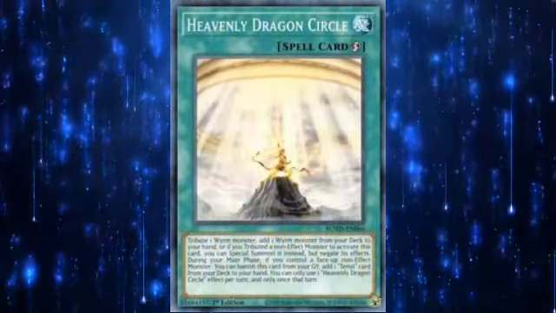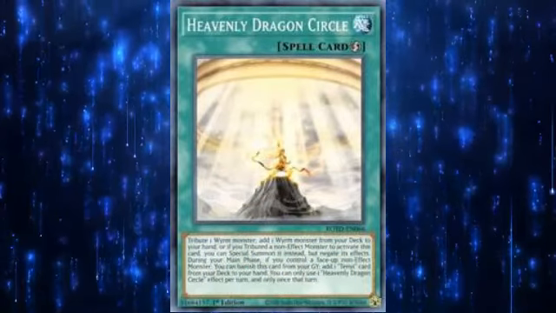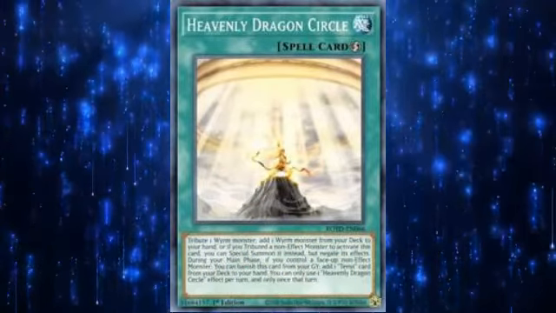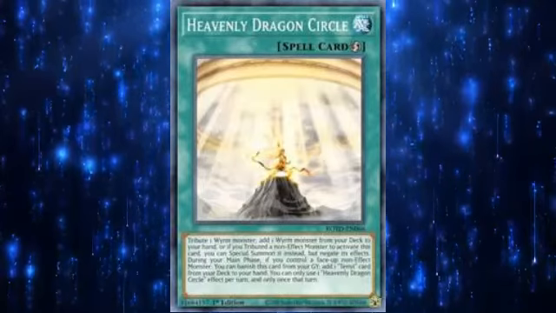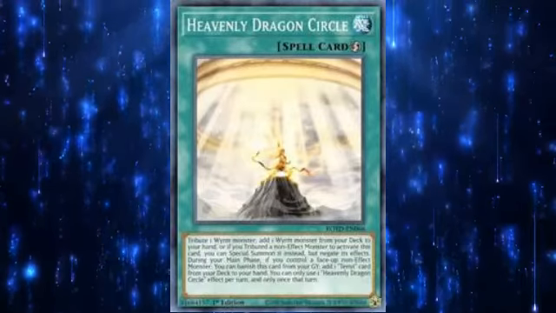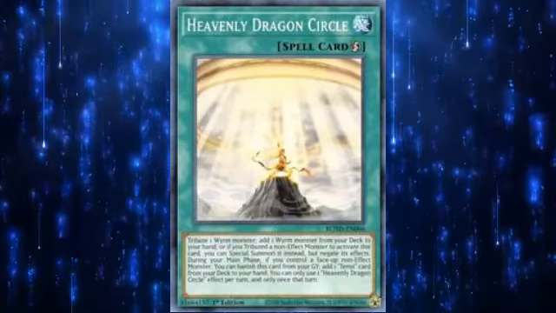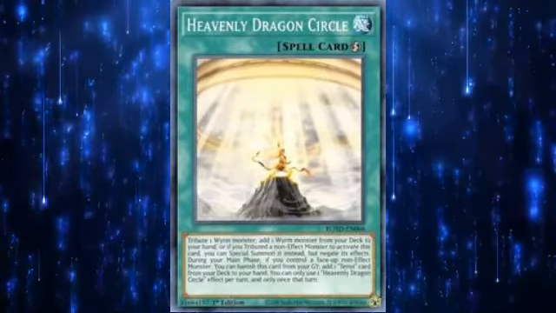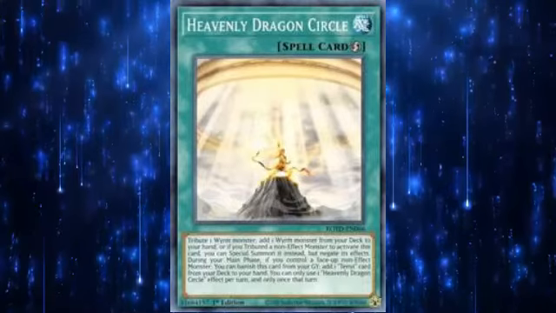Now, Heavenly Dragon Circle is a quick play spell that lets you tribute a worm monster to add a worm from your deck to your hand. So it's a very generic, like, Rhoda card for worms. The only downside is having to tribute a worm, so it's technically a neg-1, but if you tributed a non-effect monster to use this effect, you get to special summon that monster instead, so that makes it very versatile in